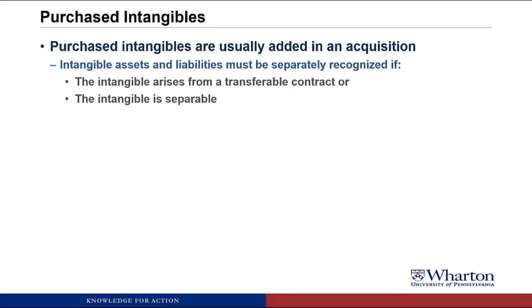When you acquire them, you get that contract, and so we value that contract as an intangible asset. It's the right to operate those restaurants. So basically anything you acquire that you can separately identify as, yes, this intangible asset represents this right or this benefit that we got from the other company, we create a separate asset or liability for it. Non-separable intangibles are included in goodwill. So anything that you can't separately identify, we just put in this plug number, goodwill, and we'll talk more about what that represents a little bit later in the video.